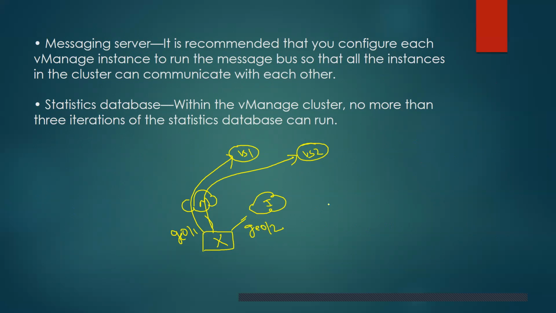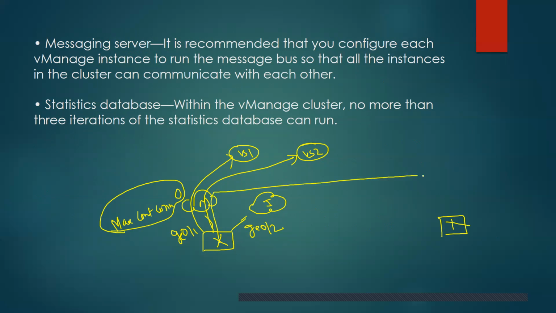Okay. So now your question is this: if we go here and set max control connections to 0, will it go and form the IPsec tunnel with the other edge device? The other edge device may have MPLS and internet both, or maybe only MPLS, or maybe only internet, we don't know that. So the answer is yes, it will go and form the IPsec tunnel,